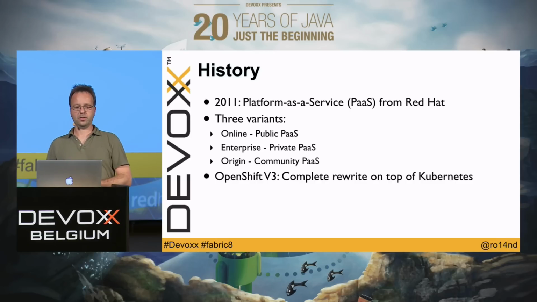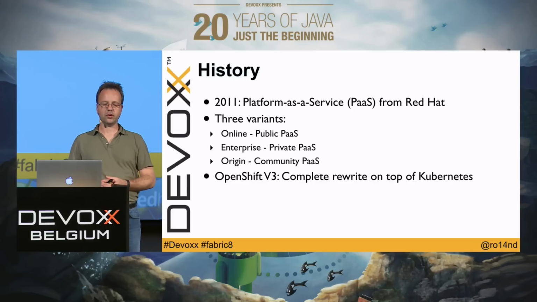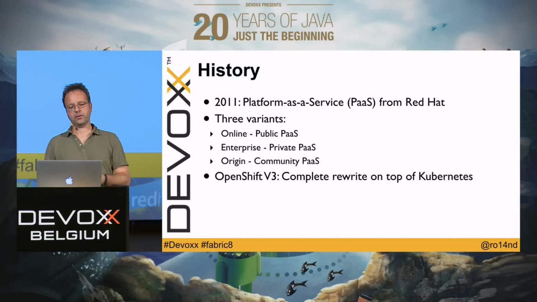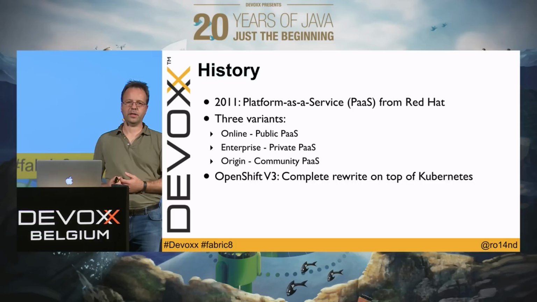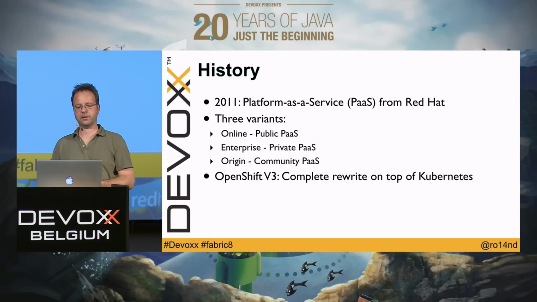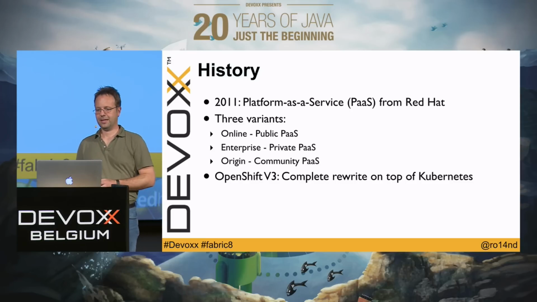Then there is OpenShift Enterprise, which you can install locally in-house, and you have to buy a subscription for that one. And you can get the community upstream version with OpenShift Origin, which is really the newest development version, whereas with Enterprise there's support and the software versions fit together, so it's more enterprisey. That's also why they name it like this.